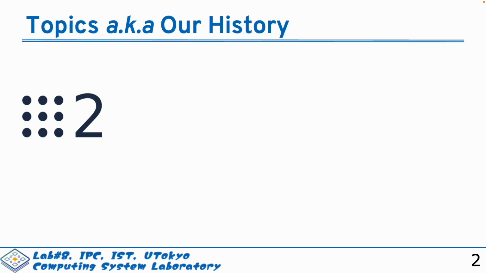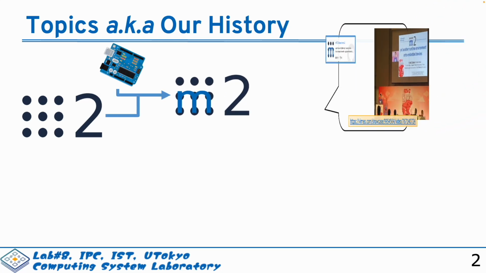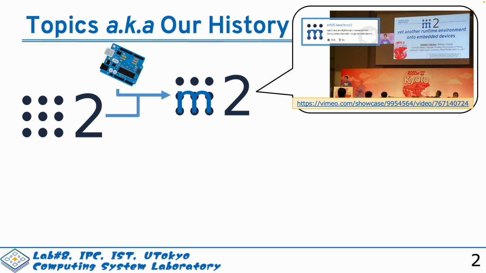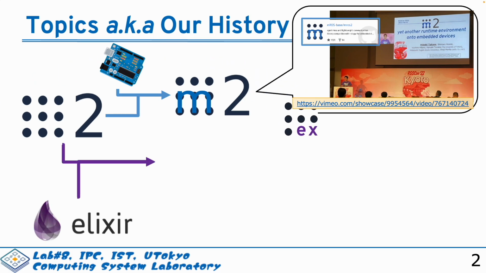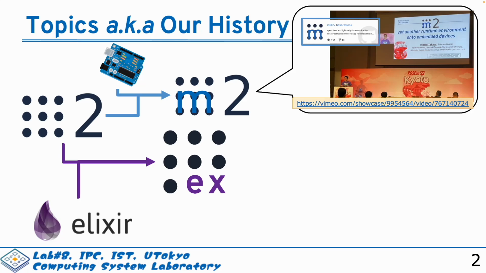Before talking about Zenoh, let me talk about Robot Operating System. We have already established some achievements for the growth of the ROS ecosystem. One of the successful projects so far is MROS2, the integration of embedded technology into ROS2. However, we don't have enough time to share this activity in this presentation. So please check our video archive at ROSCon 2022, held in Kyoto, Japan. The second project is RCLEX, a new client library for the functional language Elixir. I will introduce this achievement as the first topic.